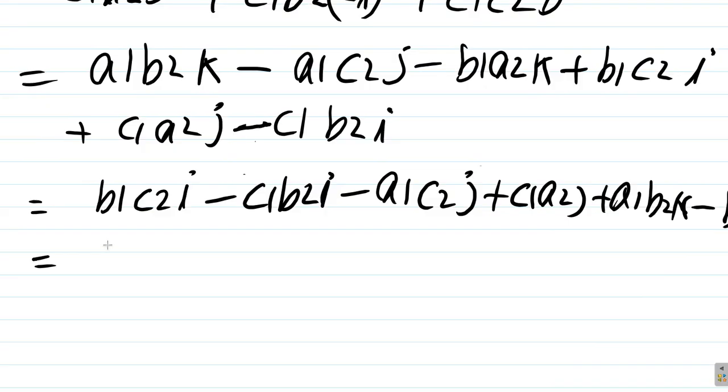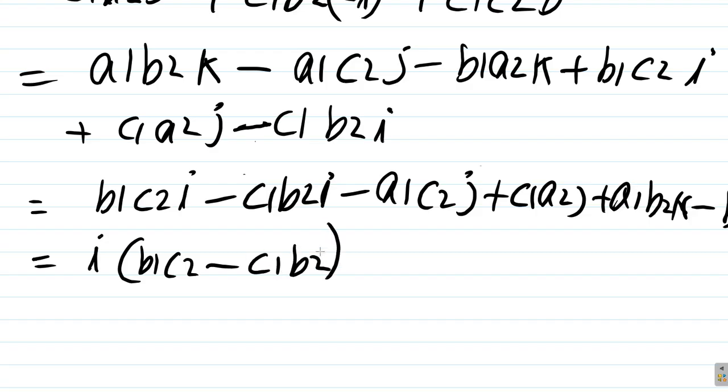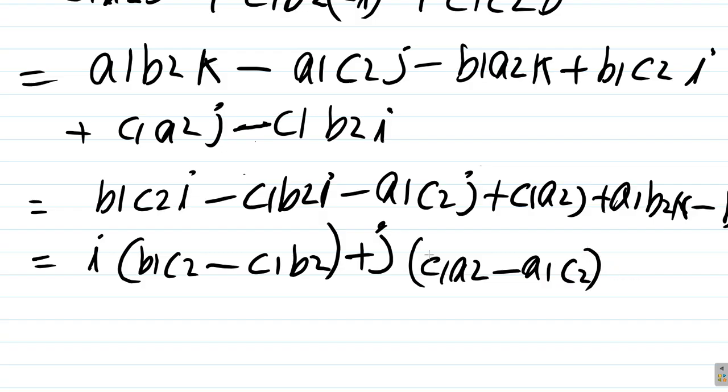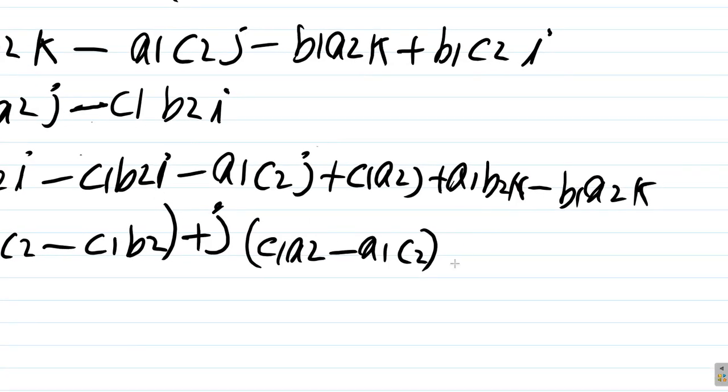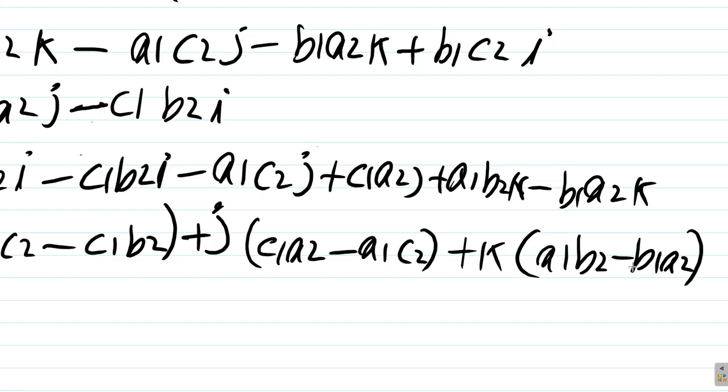All right, so we have I times B1C2 minus C1B2, plus, so we have J, in J we have C1A2 minus A1C2, all right, then plus K, we have A1B2 minus B1A2, okay. Now